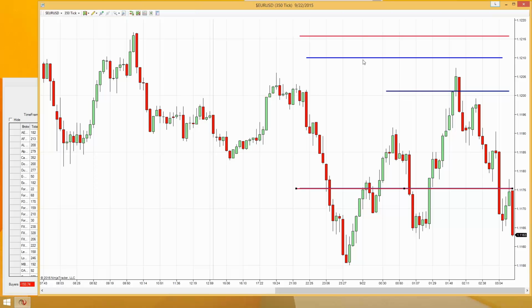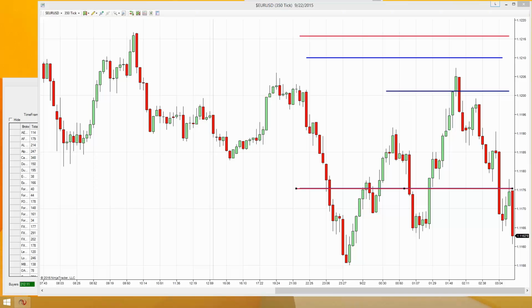Or vice versa. You're getting to the offers. You have a strategy that tells you to go short. You can go short at these numbers with your strategy. Do not trade them by themselves unless I tell you, because you have to take a look at the time and sales, and analyze the market yourself and try to figure it out. So anybody has any questions so far? Let me see who has any questions.